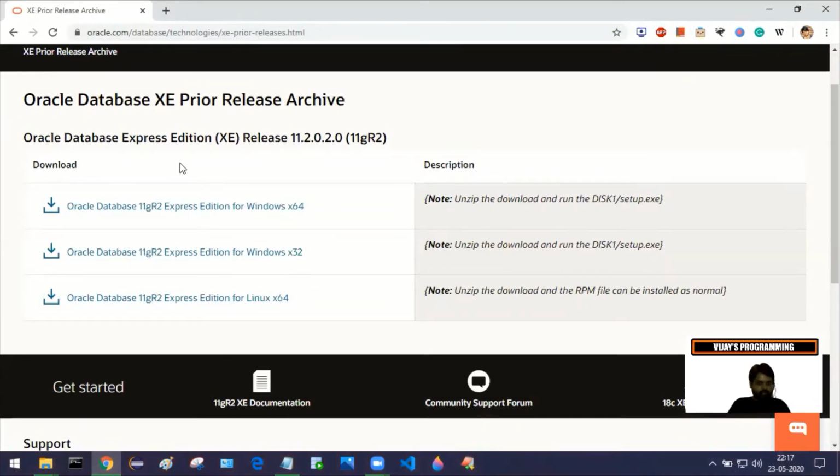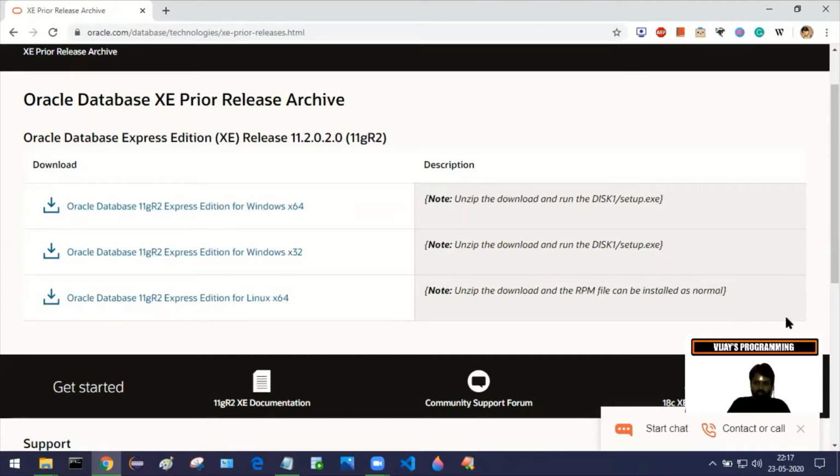Which file you need to download depends on your system architecture and your system OS, right? In my case, that is Windows. I'm using Windows OS and my architecture is 64-bit. My system architecture is 64-bit.